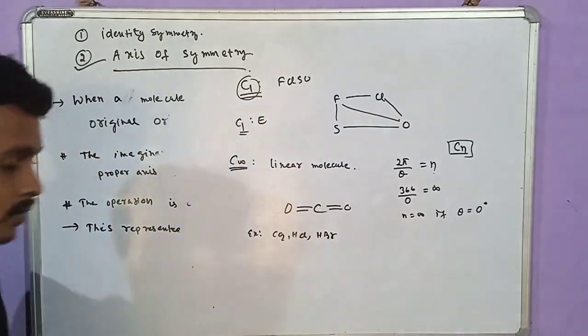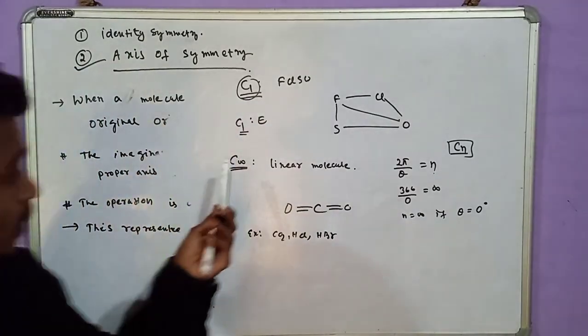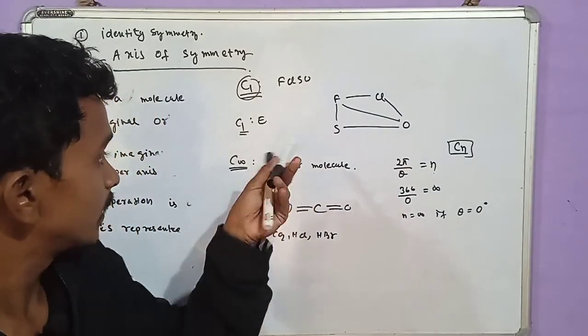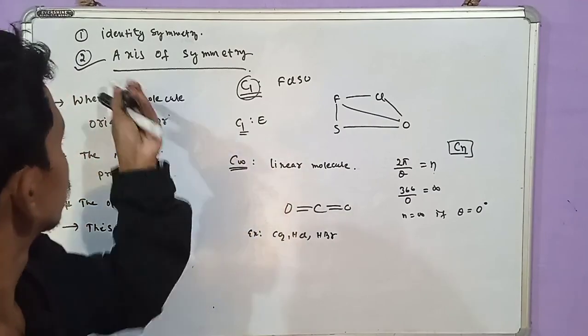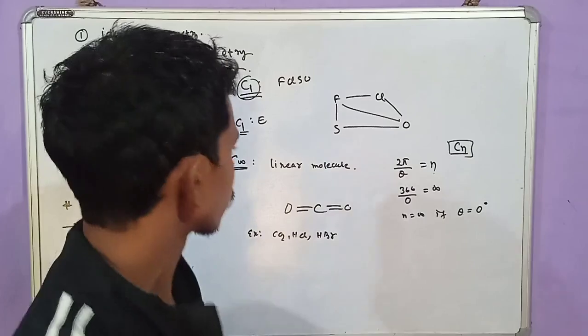HBr, etc. All the linear molecules fall in this C infinity, meaning all these molecules have this C infinity axis of symmetry. Okay, next,